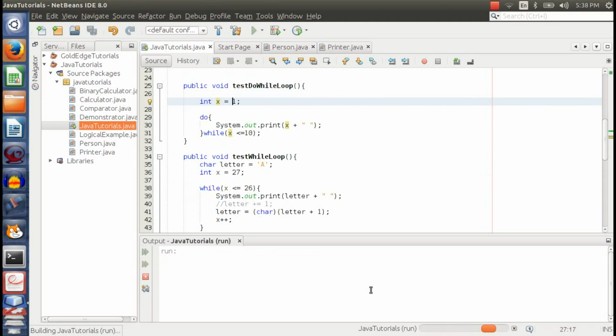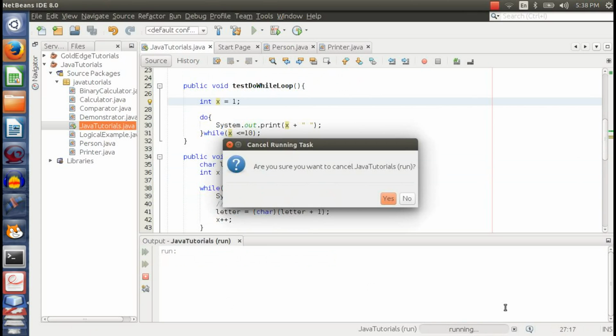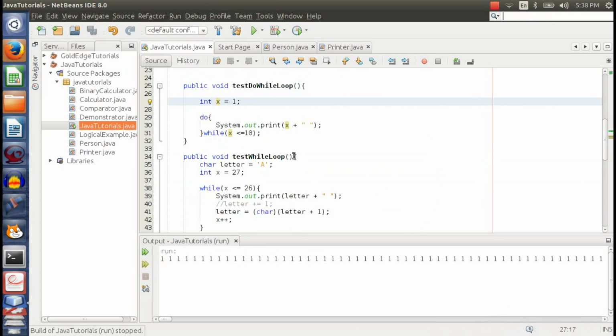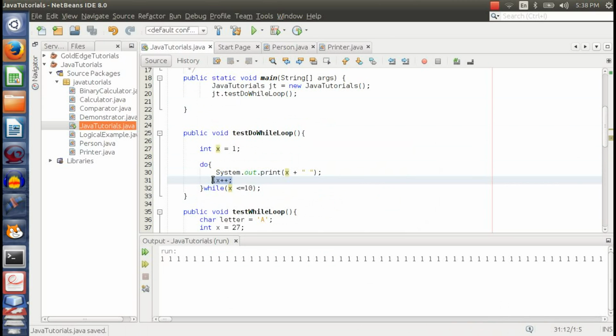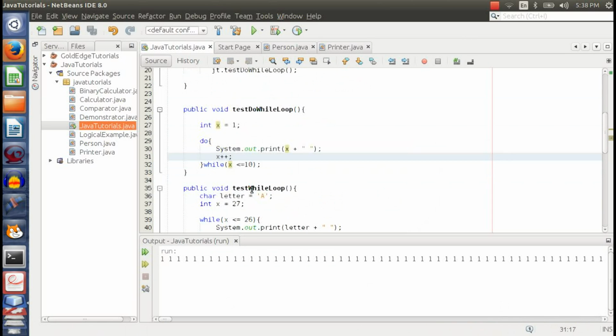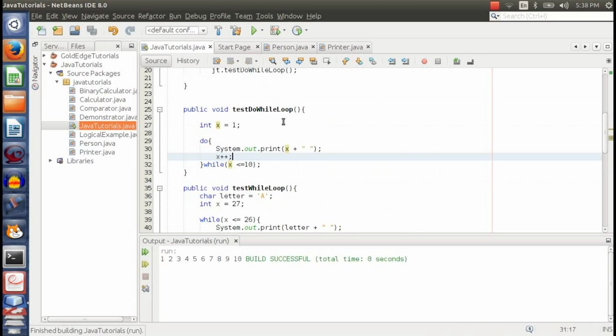Ouch, it's an infinite loop. Let me stop it. I have an infinite loop because I did not increment the value of x. So I'll just say x plus plus to make sure that it actually gets incremented, so that I have a statement that will make this condition fail at some point. Remember what I said about the infinite loop. So if I run this again,